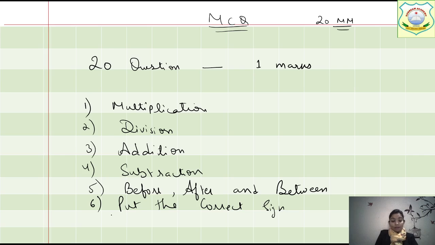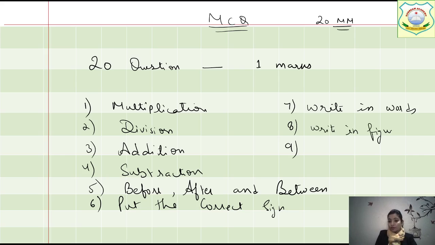And apart from these topics there are some more, that is write in words. Okay, write in words as we have done, write in figures of 4 digits and tables from 11 to 15. So these 9 topics are there which are covered in your exam. So completely learn these topics, that is table you have to learn, and other things you need to practice. Okay, so prepare for your unit test.